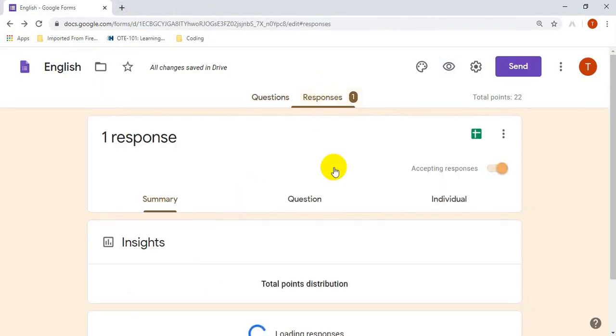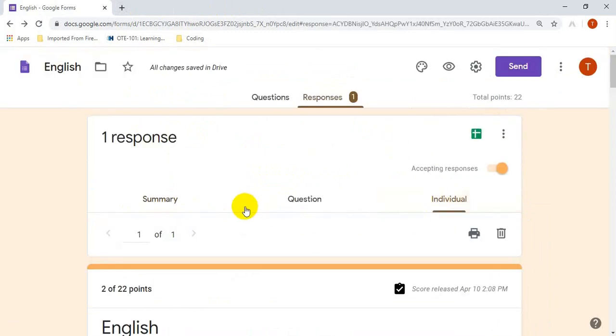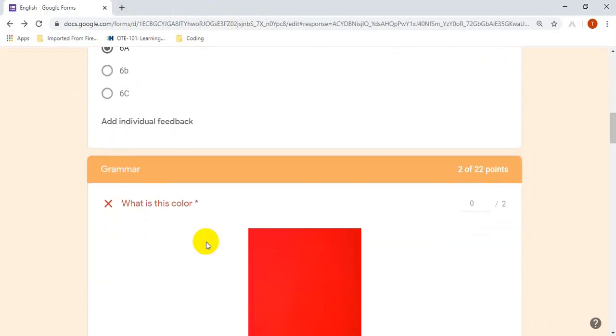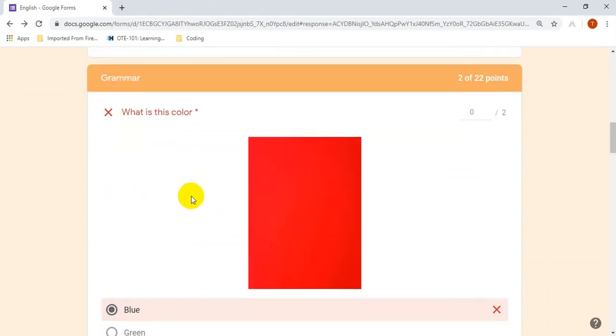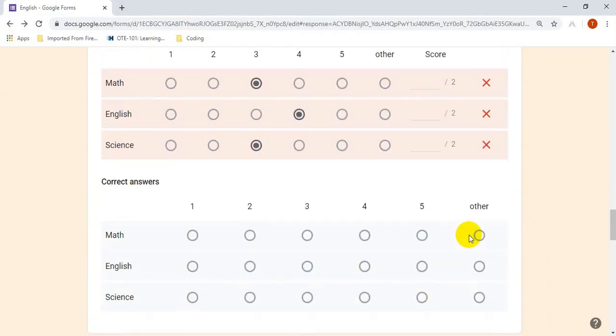For the responses, it's showing me that one student have solved the quiz. I will go for individual. Here I can see the student name, student class, and I'm going to show you how to edit all of these options. Okay,